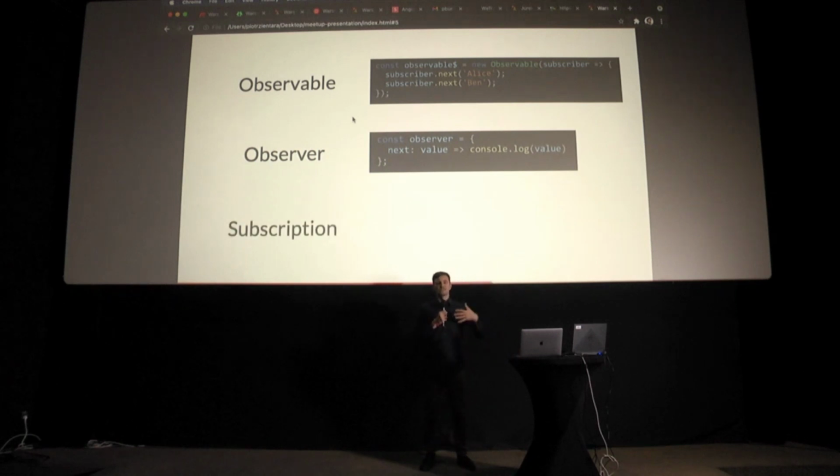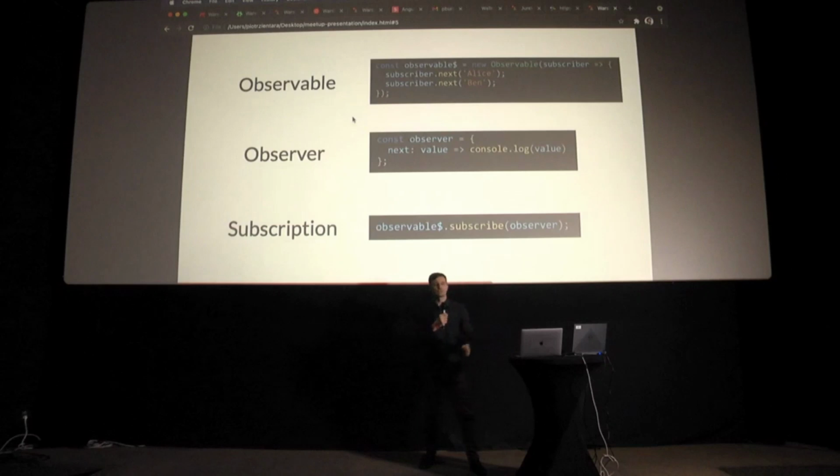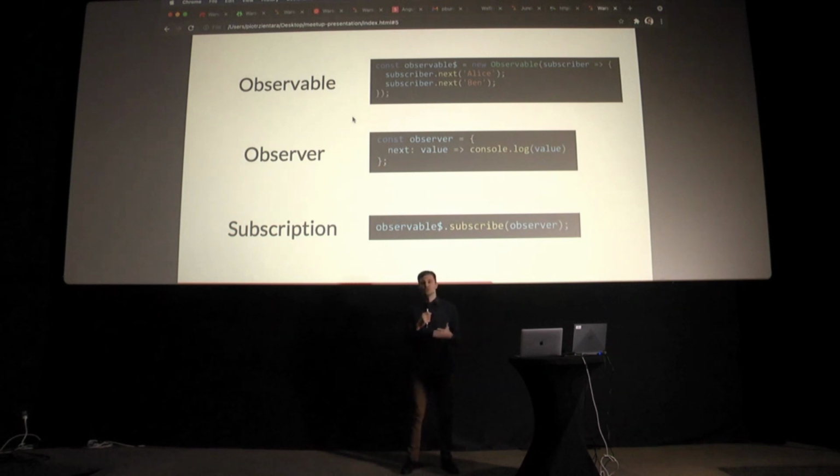A subscription is an execution of the observable, and each observable exposes the subscribe method to which we can pass our observer. And this new statement below will actually execute the code placed inside of the observable above with the observer passed to it. And every subscriber next statement inside of this logic will actually call next on the observer, which in effect will console log the value. I know it sounds like over-engineering, but trust me, this interface enables really great things. The observables can get quite complex and even connect to databases or use sockets.